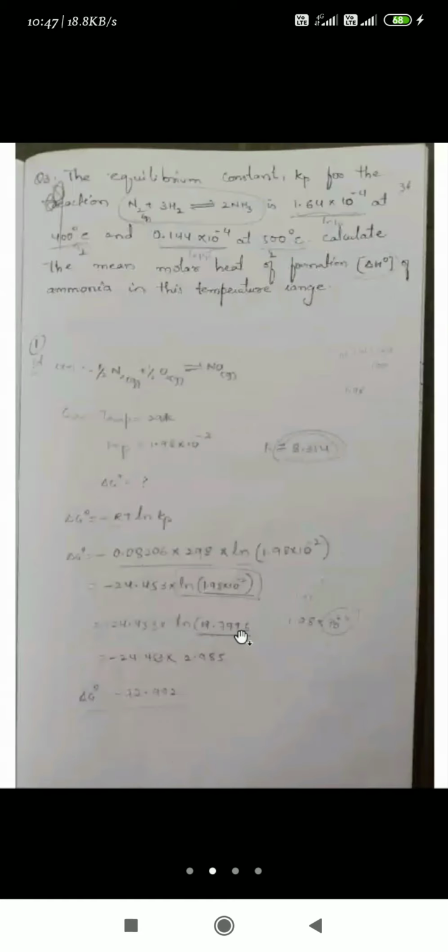The same problems are given. Sorry, I have not done them. Has anyone done the problems? No one, it seems. These are the three problems I've taken. I forgot, I didn't do them. In the next class, I'll be doing the problems.